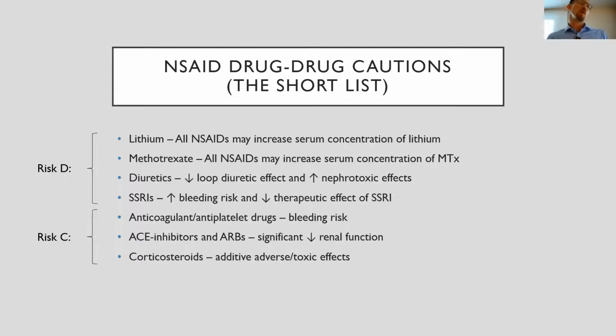Diuretics. Diuretics will increase the nephrotoxic effects of NSAIDs. They'll have additive nephrotoxic effects. Also, an interesting thing to note is NSAIDs will decrease the effectiveness of your loop diuretic. So you want to be careful with NSAIDs in the setting of heart failure anyway. But if you have a patient who's relying on loop diuretics to maintain their fluid balance, NSAIDs can really upset that. If you're on night float or inpatient service and you're admitting a patient with heart failure exacerbation, you might want to ask about NSAID usage.